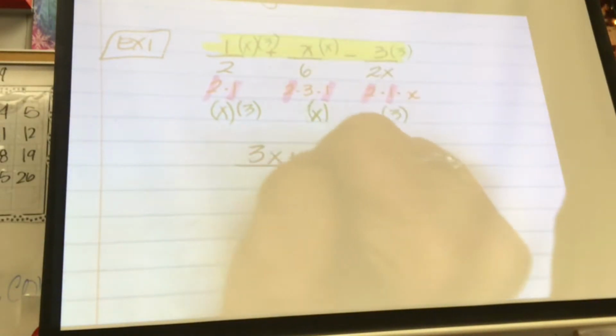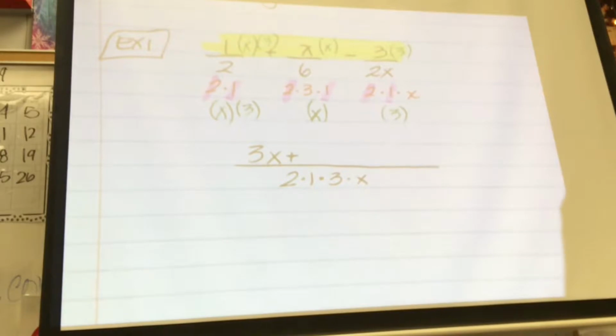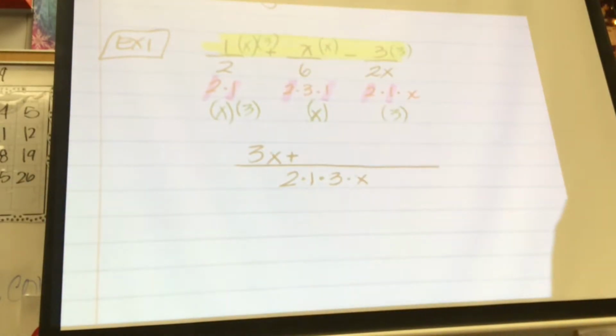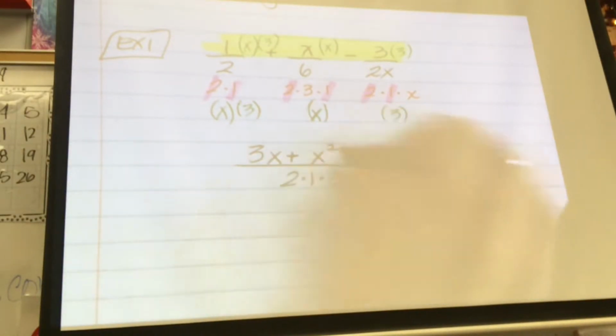Now there's a plus sign there. What is x times x? X squared. What is negative 3 times 3? Minus